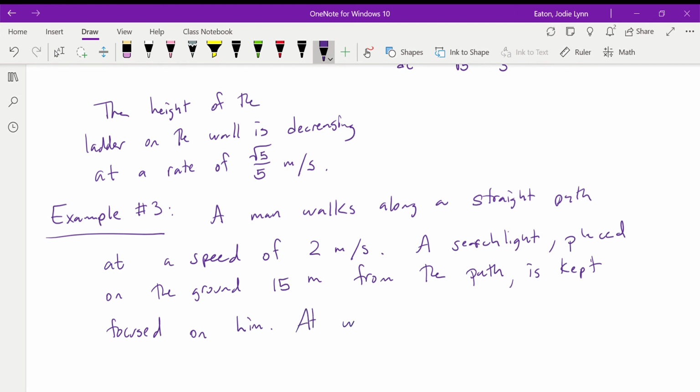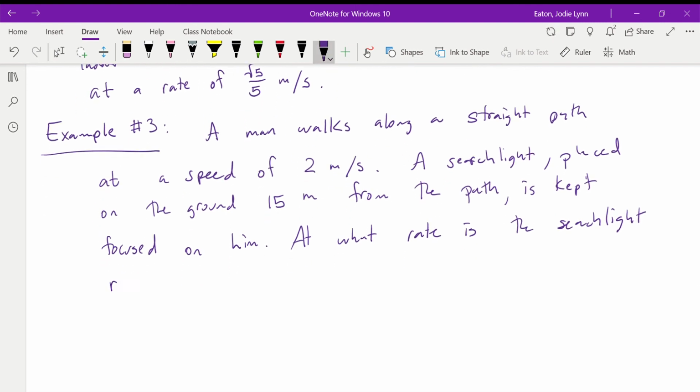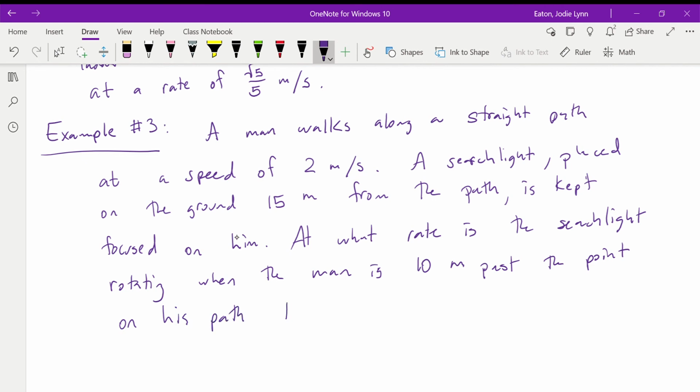At what rate is the searchlight rotating when the man is 10 meters from the point on, and let's just clarify that he's 10 meters past the point on his path that was closest to the searchlight. Okay,